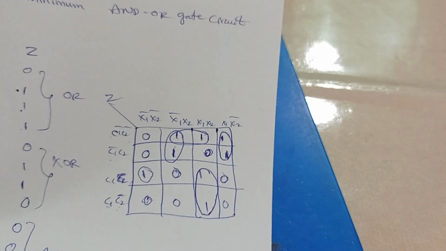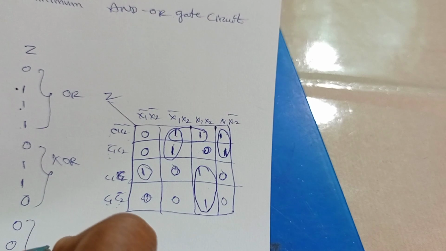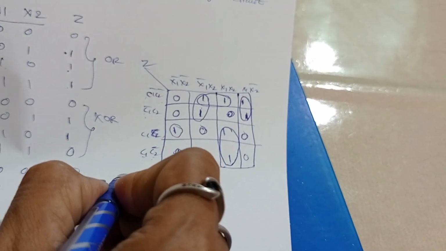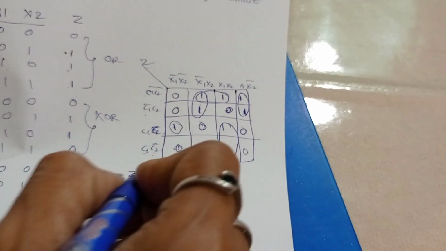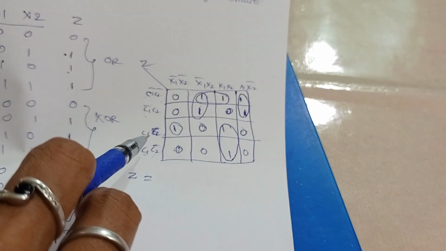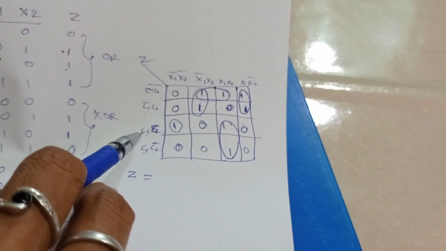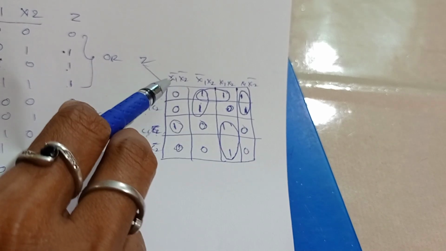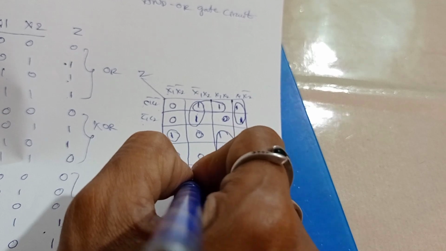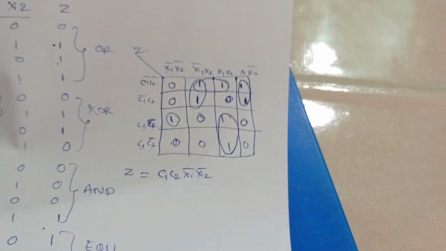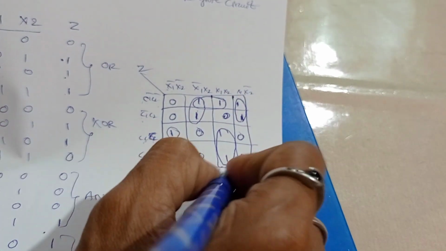This is the minimization. Now we'll write the final Z. That is Z is equal to, first we'll write the single, that is C1, C2, X1 bar, X2 bar, plus